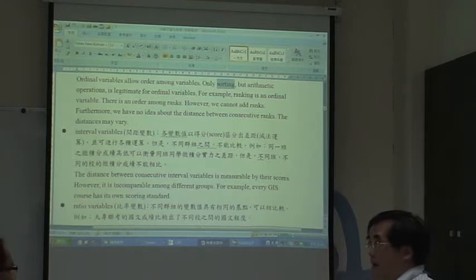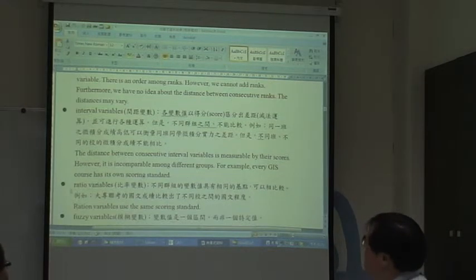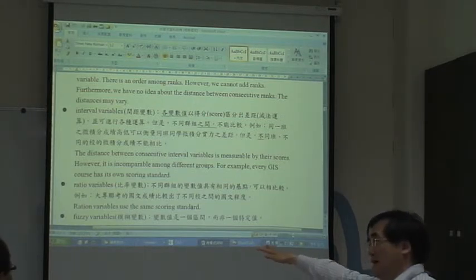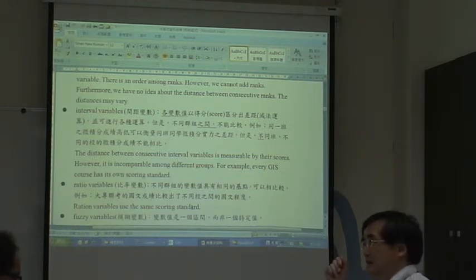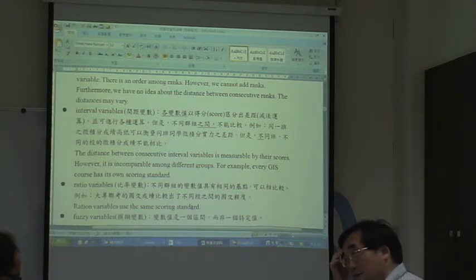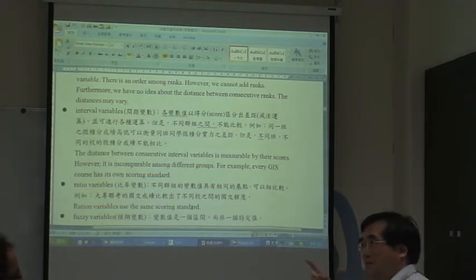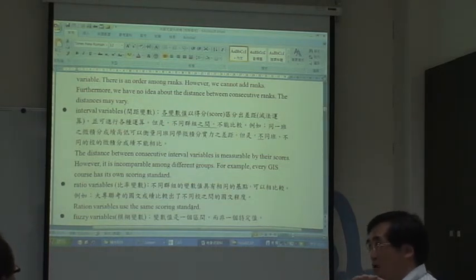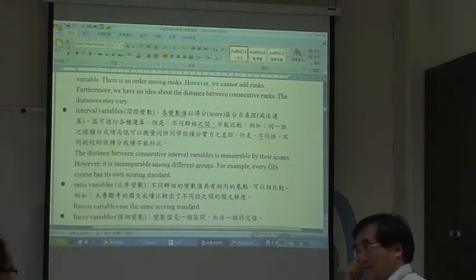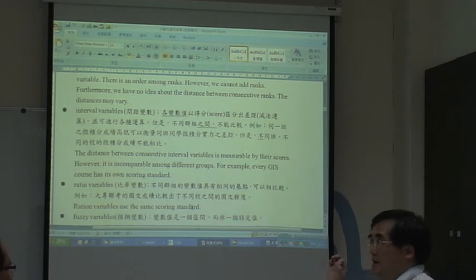But if you can compare it, it becomes a ratio variable. A ratio variable uses the same scoring standards in different classes. In Taiwan, we have a university or high school entrance examination. Everyone takes the same exam, so the scores can be compared. So we have a zero, the best point. If you can find a zero